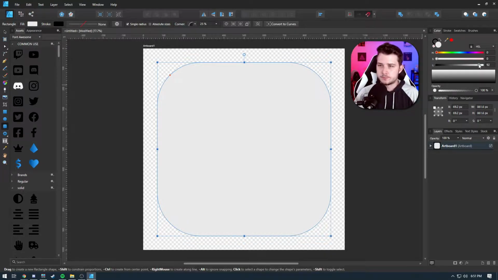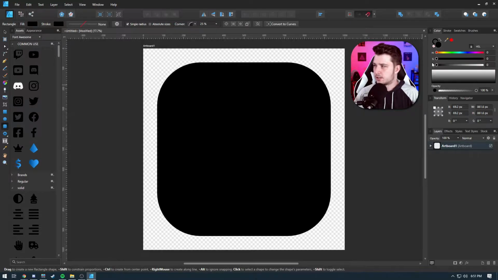So what you want to do is take the slider over here and drag it all the way to 0. The HSL selection here is your best option for colors. You can select it out of this. But anyway, what you want to do is make this pitch black. And then from here, you push